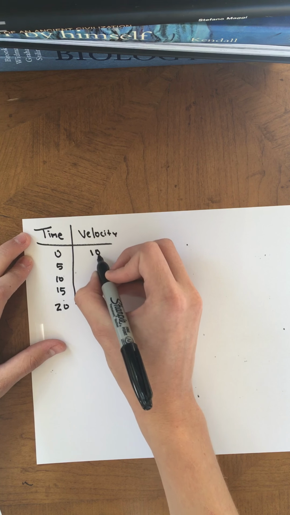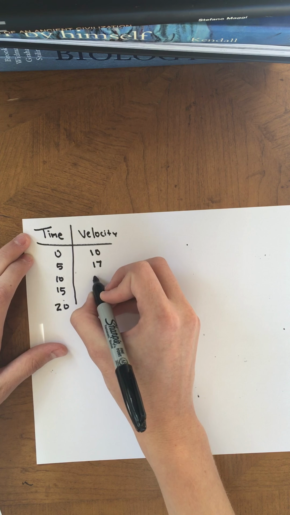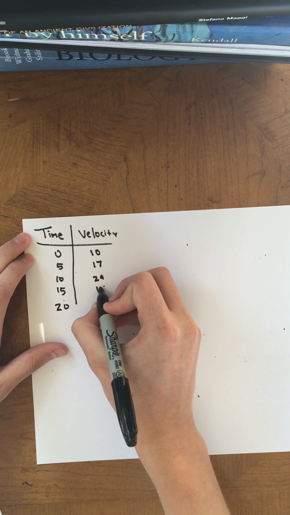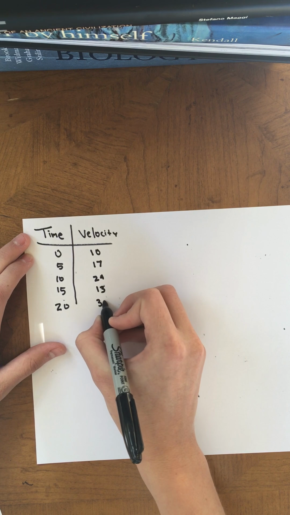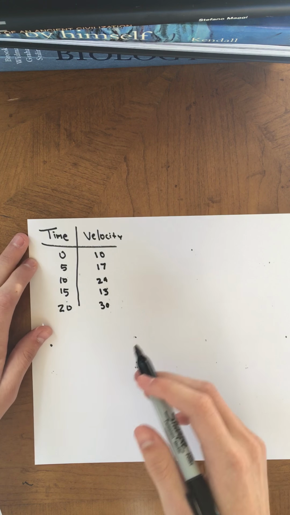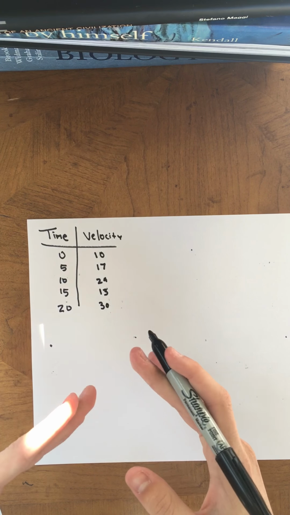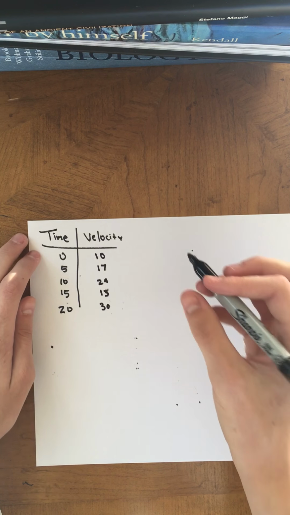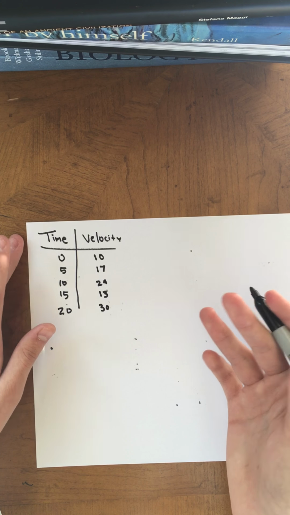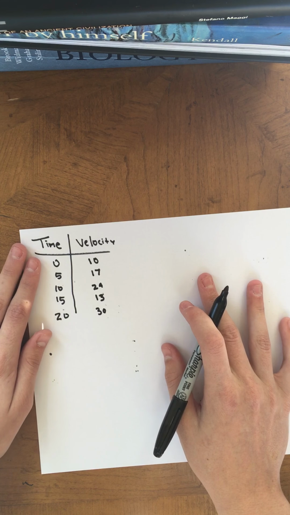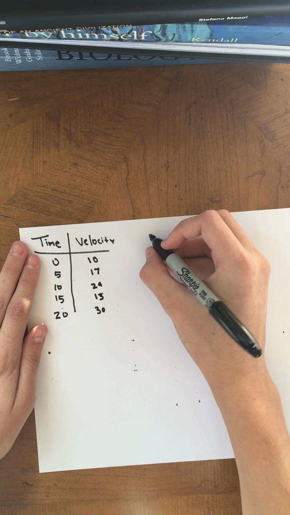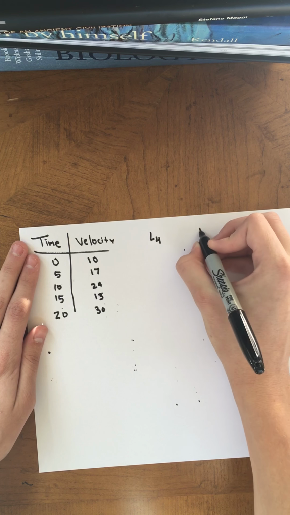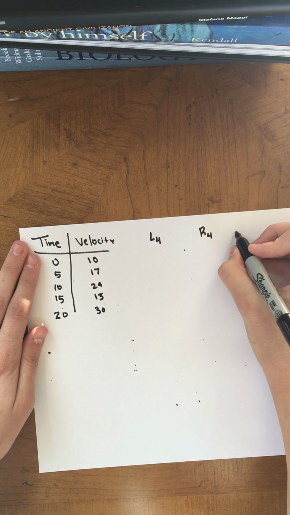So at time 0, we have 10, and then 17, 24, 13, and 30. And if we were to draw this out, we would get spikes in the graph because it's not a continuous function. And so the easiest way, or the most accurate way to find the displacement is to take L4, R4,